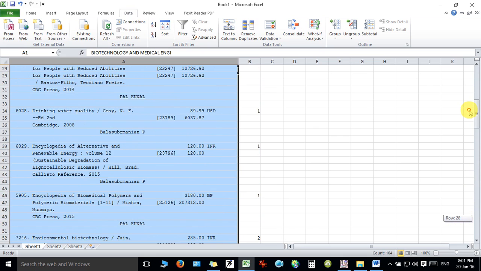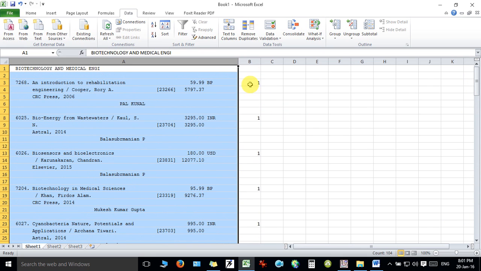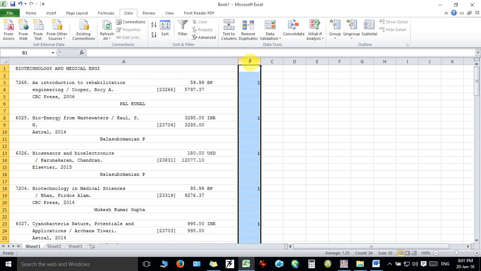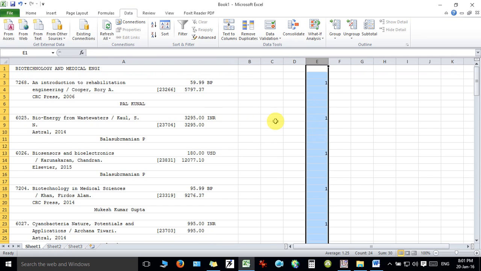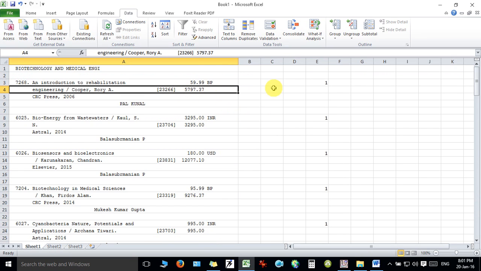Okay, we have successfully done this. Then after that, you just copy this information or cut this information and paste it here. Why? Because now we have to separate this control number and currency separately into two different columns in order to fetch the total price. We have unit price here of this particular title, and we have the number here, but